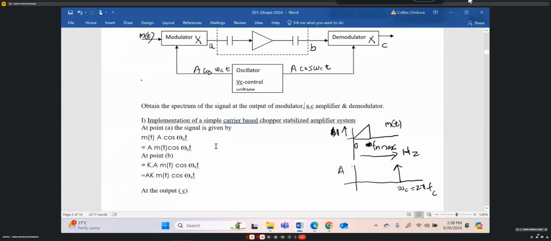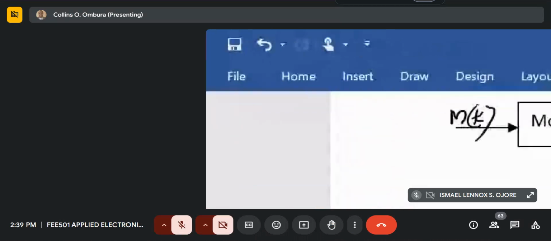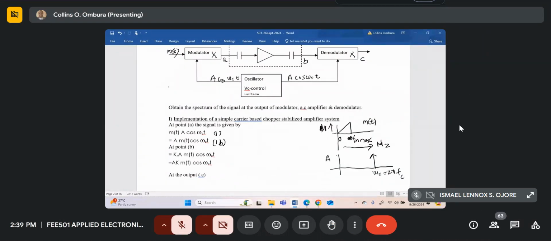So if you use this diagram on top over here, our modulator is just essentially a multiplier. It's going to multiply the two signals. So in the time domain, the output at A will be this first equation over here. Let me call it equation 1, and this will be equation 1b, say. Just put the A outside. So that is the signal in the time domain